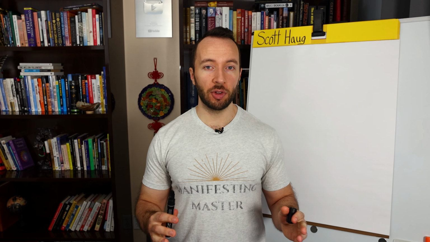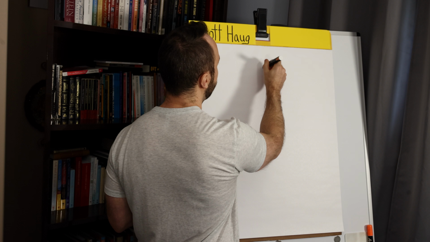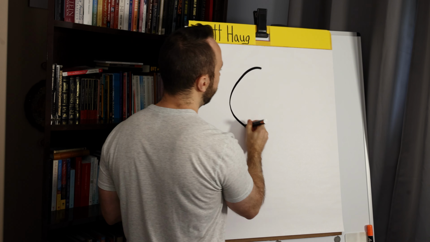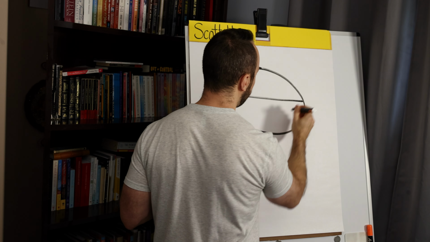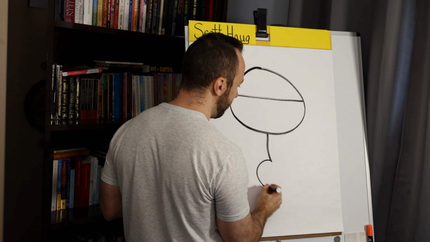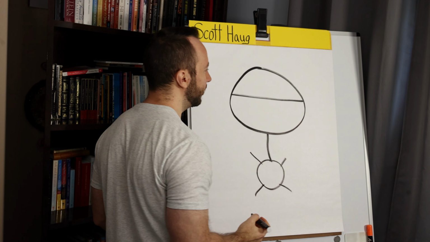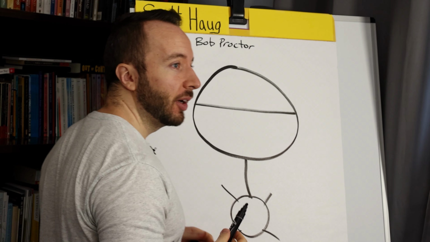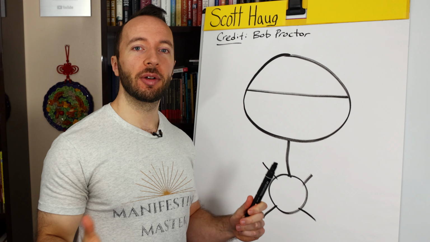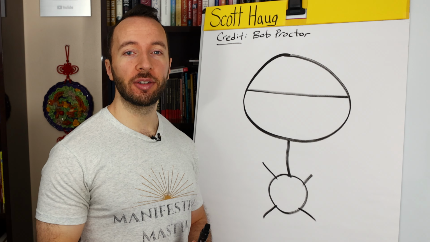There are 3 parts to the identity shift. To start with, we need to go to Bob Proctor's favorite diagram in the world. It's called the stick figure diagram. Now this stick figure diagram, I give all credit to Bob Proctor for introducing the world to this. So I'm merely borrowing his tips and techniques here drawing since I was mentored by him for 4.5 years. And by the way, if you don't know who Bob Proctor was, he was the major star in the Secret film and book, movie overall, that spread law of attraction teachings around the world.